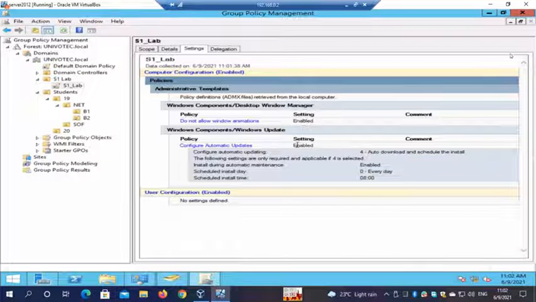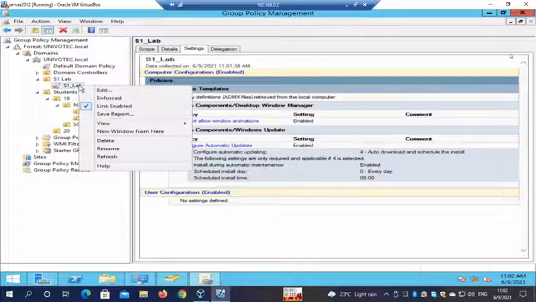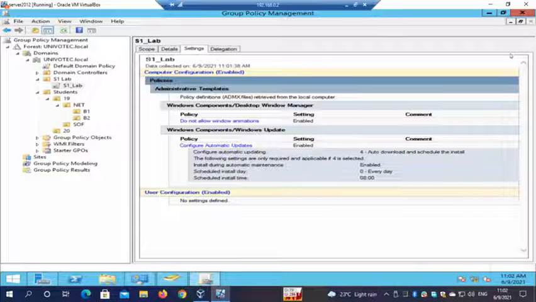If I need to change any of this, add some additional things, or remove some things here, I can again right click, edit and do that. So this is how.